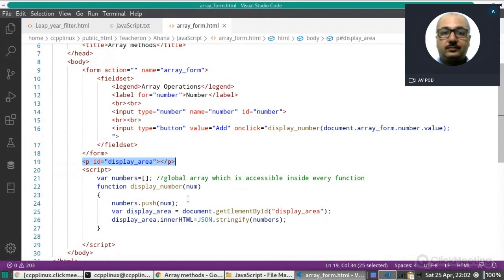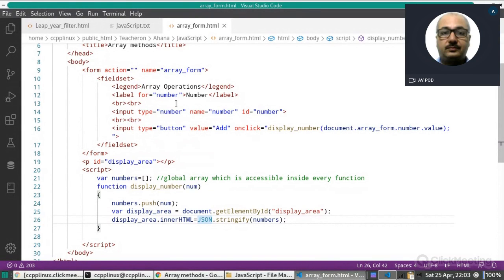And this innerHTML is the content that should be written here, between the opening and closing of the element whose ID is displayArea. And what is JSON.stringify doing? It is simply returning a string, and that string contains all the elements of this array. So simply we are displaying this one.